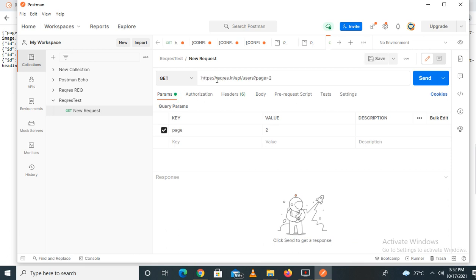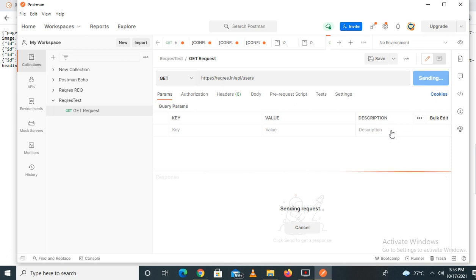So this is the API endpoint, and you can check the get request. The method is get and the endpoint is https. This is the base path, and this is the endpoint: api/users?page=2. If you go to page 2, it will show page 2, or if you go to api/users, it will list all the users. So this is a get request, and if you click on the send button,